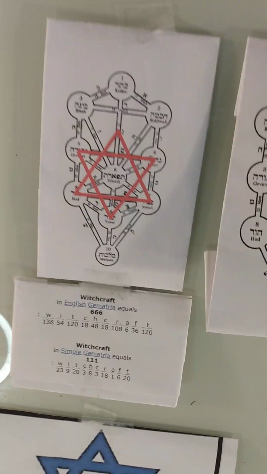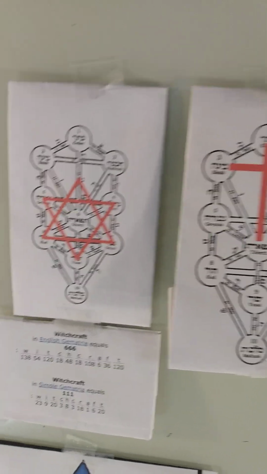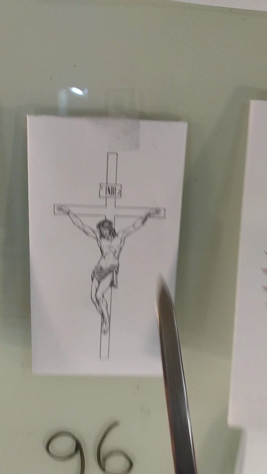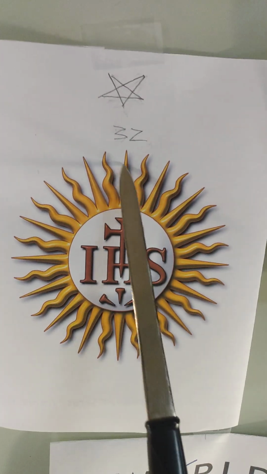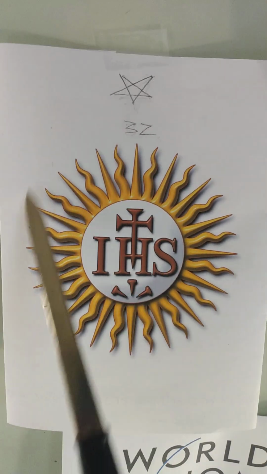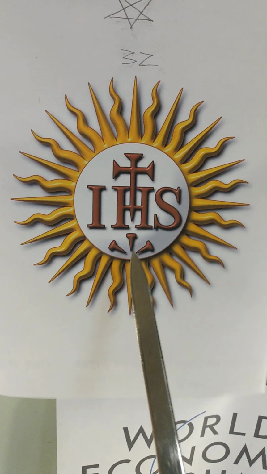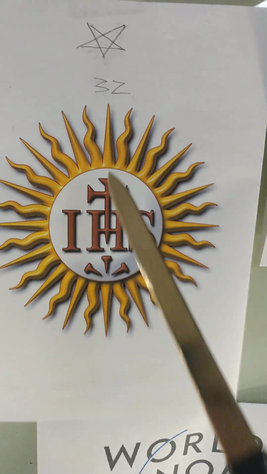So this is, you know, a verbal Sudoku that also involves symbol. Okay, so that's what they do when they have nothing to do late at night inside of those huts of witchcraft. Okay, so going back with this guy, we have the Society of Jesus here, where we can see that they use 32 rays. Okay, the 32 here, when you take the 3 and the 2, it equals 5, and that's your pentagram. And you have the 3 nails and the 3 nails, which is 666. And the 3 nails and the 3 nails, well, 1 nail, 1 nail, 1 nail, that means you're 33.